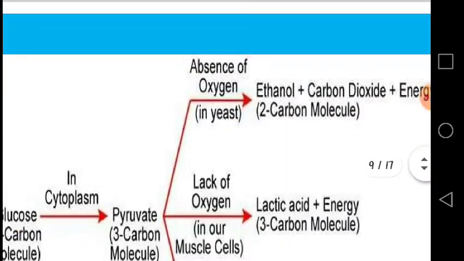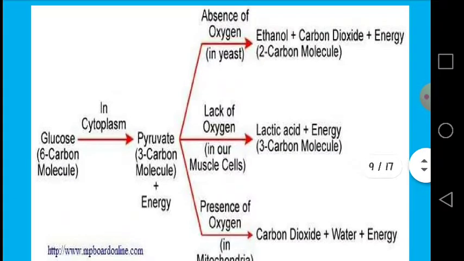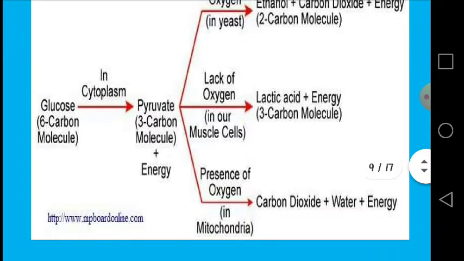Now this is the equation to represent aerobic and anaerobic respiration, both kinds of anaerobic respiration: lactic acid anaerobic respiration and alcoholic anaerobic respiration. Now you can see from this equation, glucose in the cytoplasm is converted into pyruvic acid. This pyruvic acid, if it enters the mitochondria, then aerobic respiration is done, and carbon dioxide, water and energy are